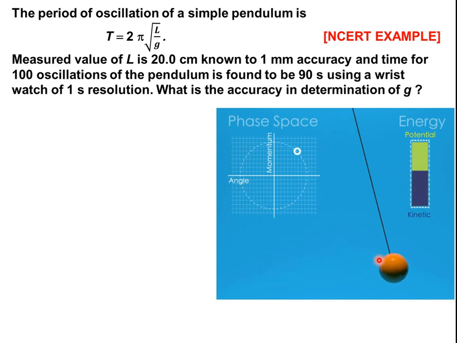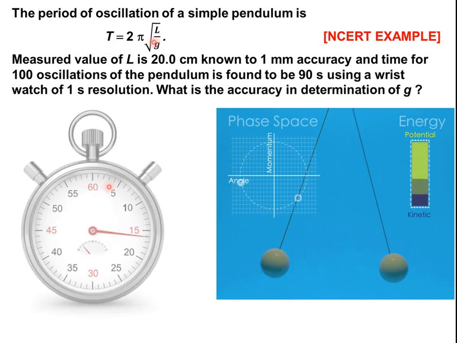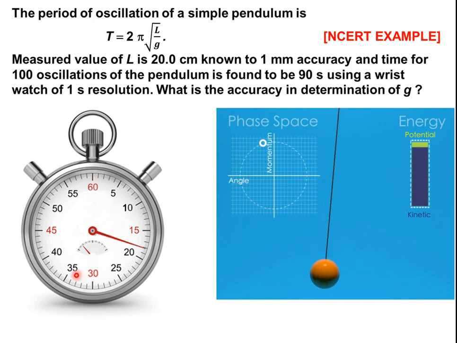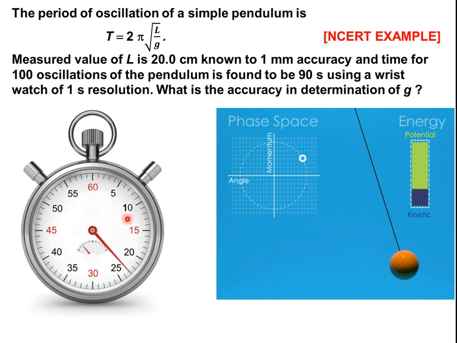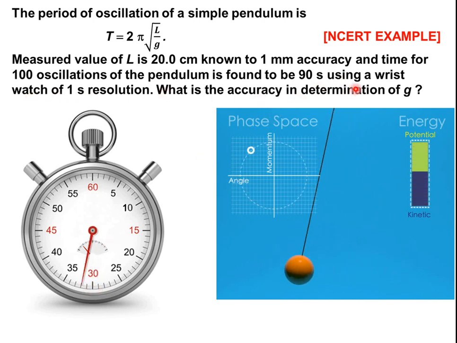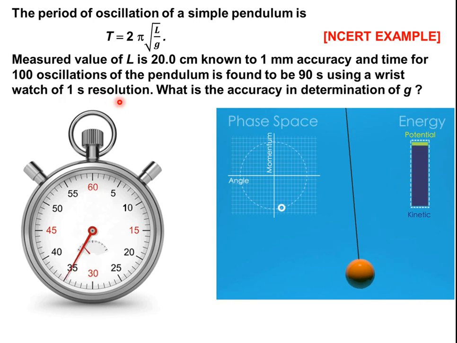This is a pendulum. Mass doesn't come into the picture. We must only bother about how much is the length and how much is the time taken to complete one oscillation, that is called time period. This is the so-called stopwatch that would be used in the experiment, and we'll find its accuracy is again each tick is equal to 1 second, right? So that is the meaning of accuracy or resolution of 1 second.